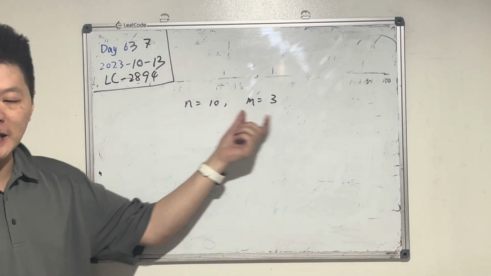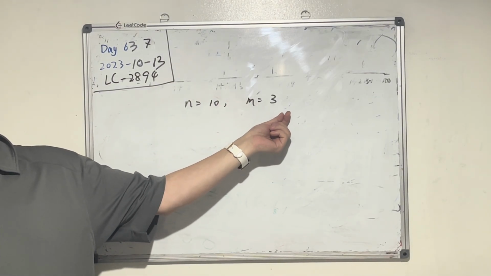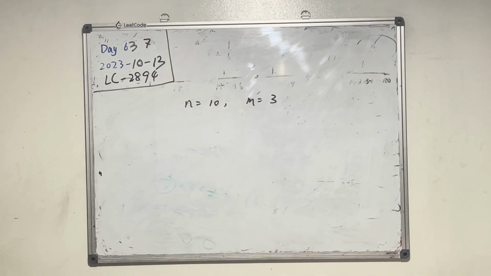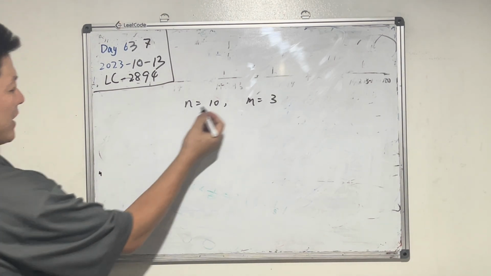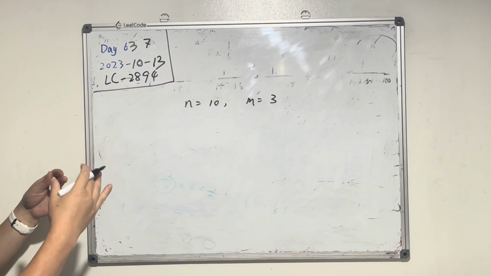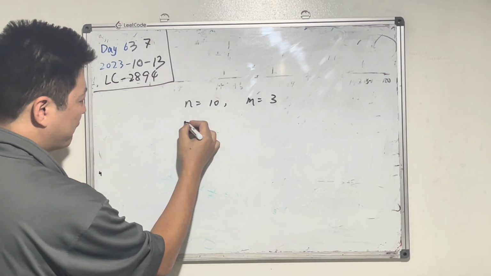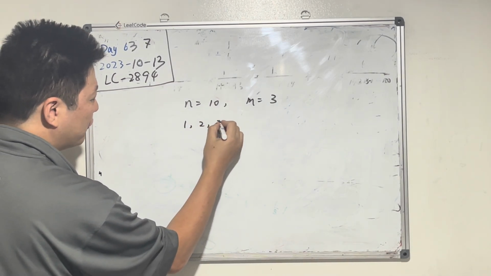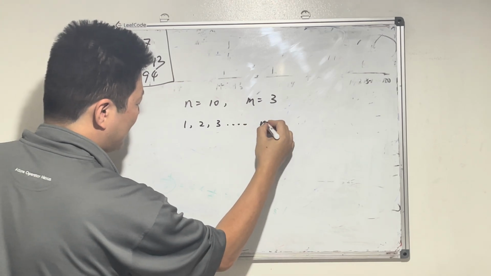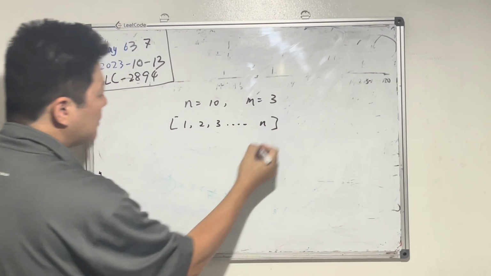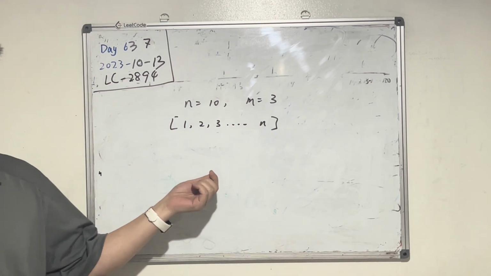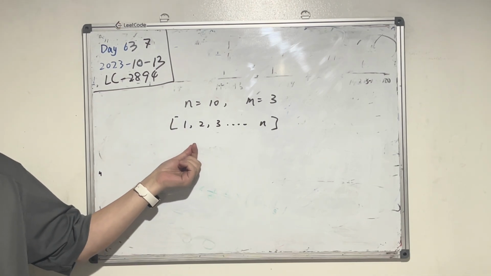So we're given two integers, n and m. We want to examine the integers in the range from 1, 2, 3, up to n. And we want to find the number of integers which can be divisible